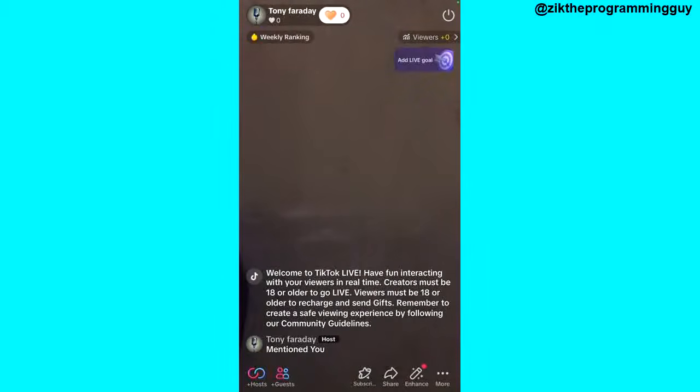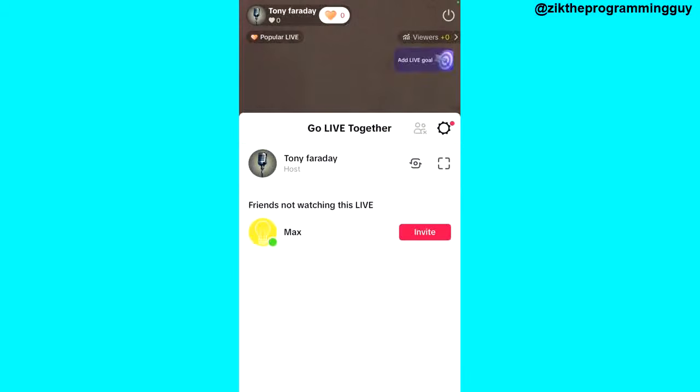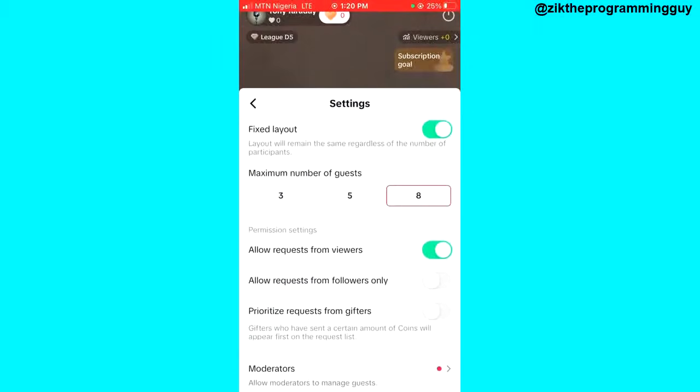left corner of your screen, you see these 2 options. You see the host option and the guest option. Click on the guest option. Once you do that, you see the settings option at the top right corner of this window. Click on that, and if you have the 16 boxes available on TikTok, you'll be able to see it right